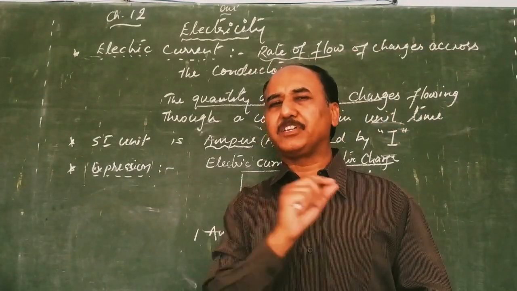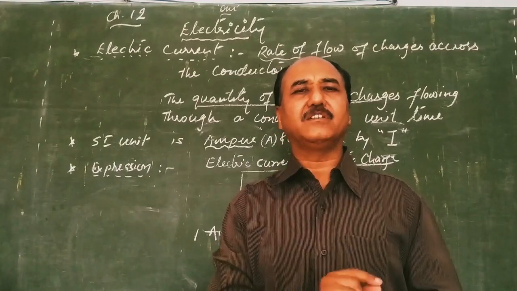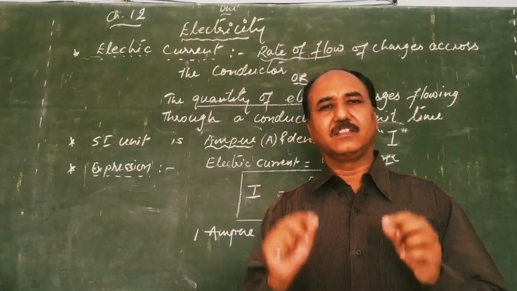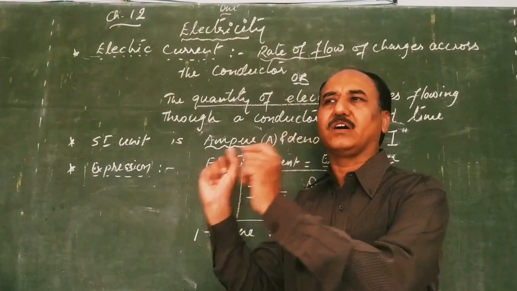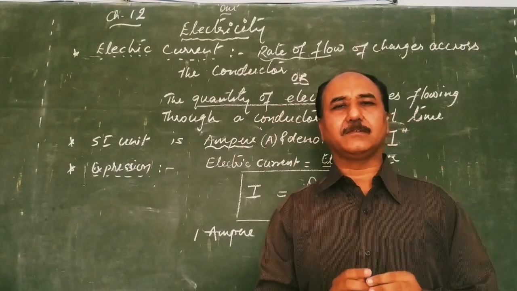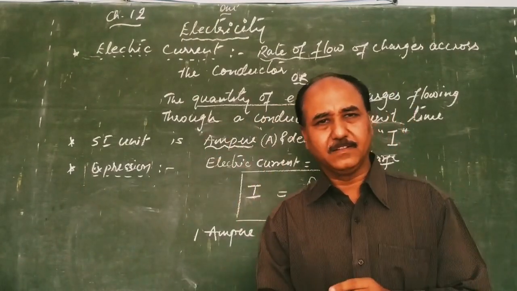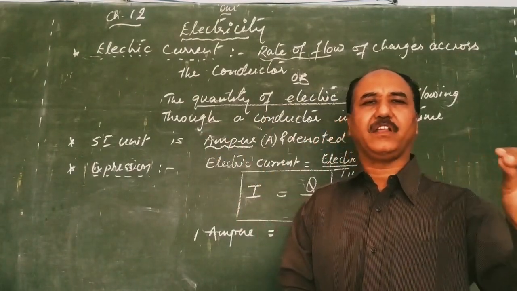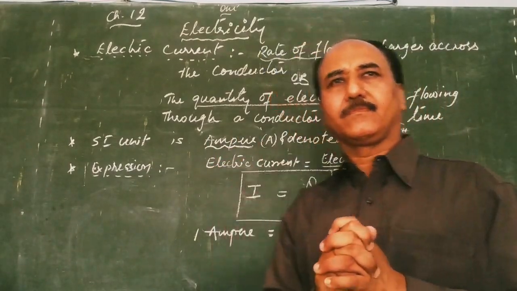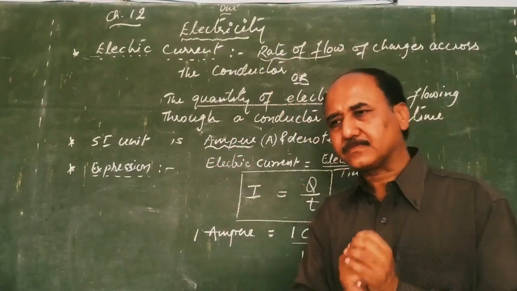Then what is potential difference? Potential difference is always a flow of charge that is moving from one point to another point in an electric field. There we already supposed a point A and point B, and when these charges flow from point A to point B, that is called electric potential or potential difference.